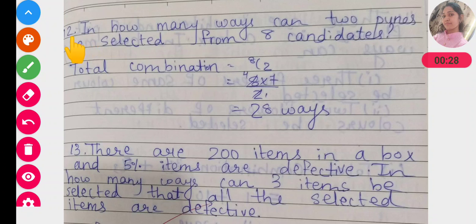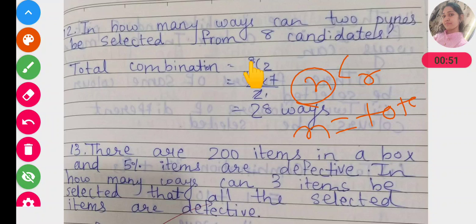Question number 12. In how many ways can two peons be selected from 8 candidates? There are total 8 candidates, and out of 8 candidates we have to select 2 persons. So for total combinations, our formula is nCr. Here n means the total number of persons and r means the selected persons.